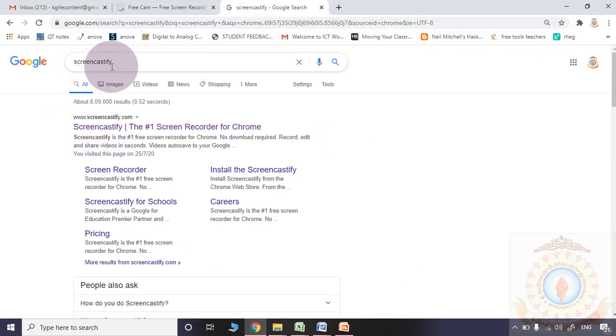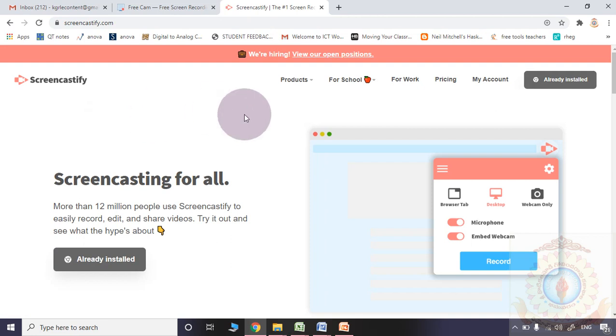Whenever you are typing Screencastify in Google, this particular Screencastify will work with the Chrome browser only. Please observe, it will work only with Google Chrome. First of all, you are supposed to download it, and please observe, I downloaded it already, so it is showing already installed.